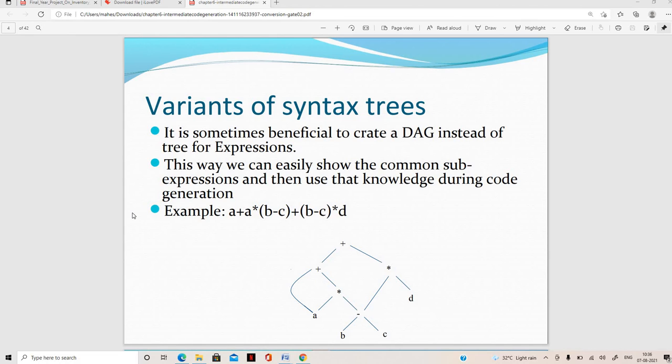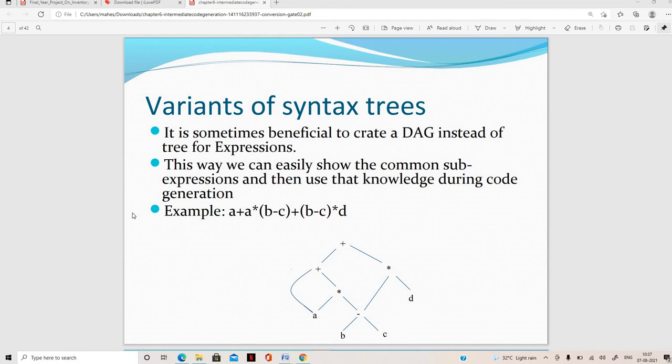Normally, as we discussed earlier, for a given expression we can design a parse tree or a normal tree. But sometimes the directed acyclic graph is more helpful for expressions, and we can show the common sub expressions in a DAG.